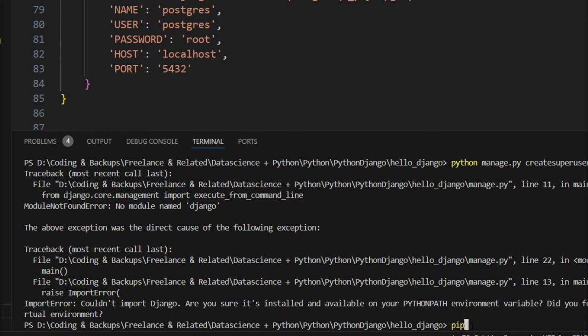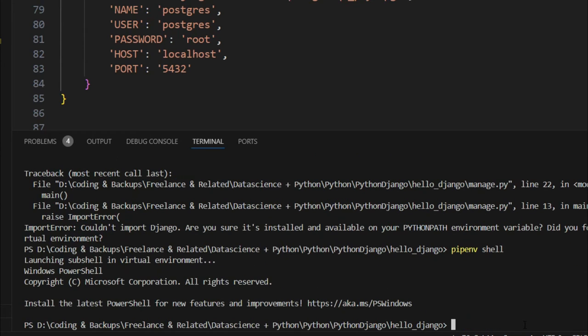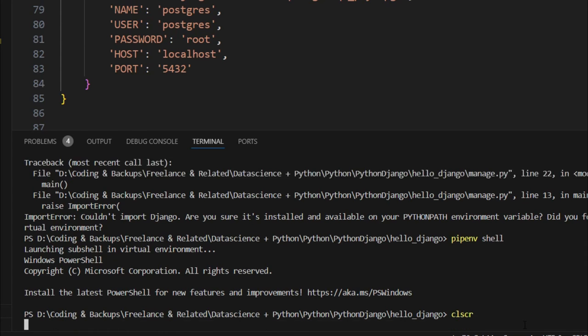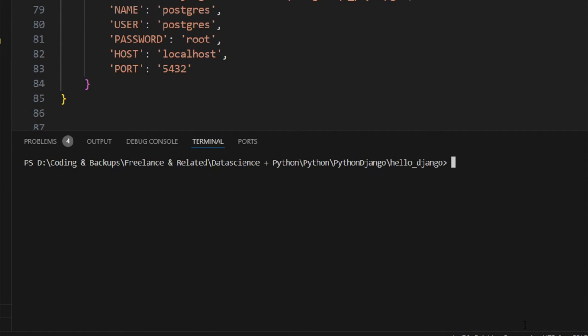If the virtual environment is not yet started, start it with the pipenv shell command. Now the virtual environment is started. If I clear the screen and write the command again,